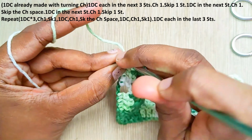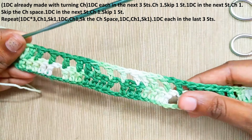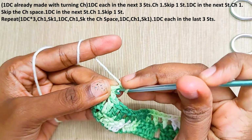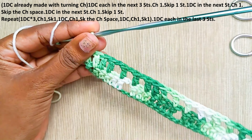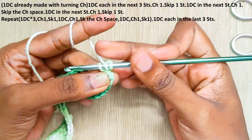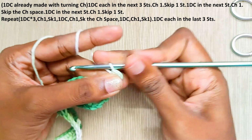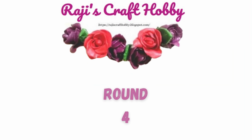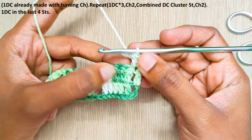Make the stitch into this turning chain. Make the turning chain, chain 2, insert hook into the first chain stitch and pull up a loop, turn your work, insert hook into the first stitch and pull up a loop, pull through 2, and finally the last 2. That's the turning chain made and 1 double crochet made. Next round, 1 double crochet is already made. Make 1 double crochet each in the next 3 stitches,